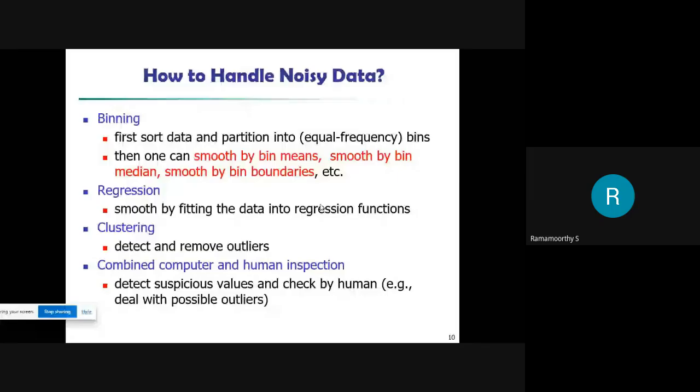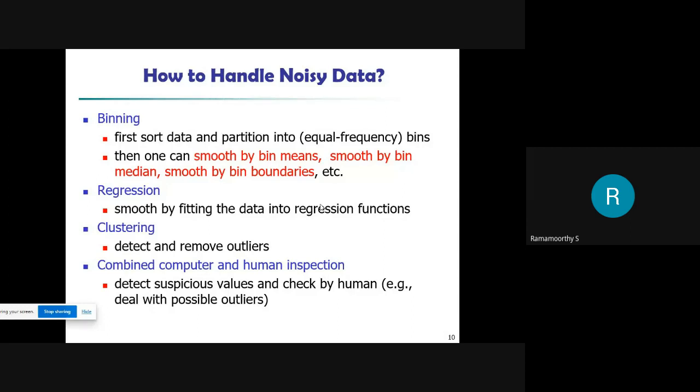Then one can smooth the bin by calculating the mean value, or by calculating the median and its boundaries. So these are some of the options available for smoothing noisy data under the binning technique. You can take the mean value, calculate the median, or based on the boundaries also you can